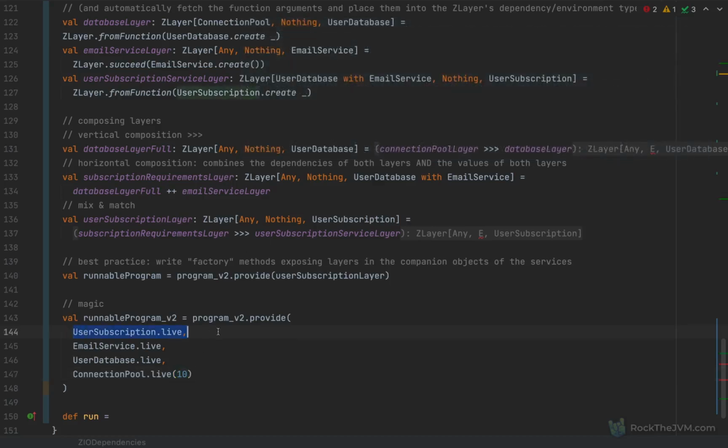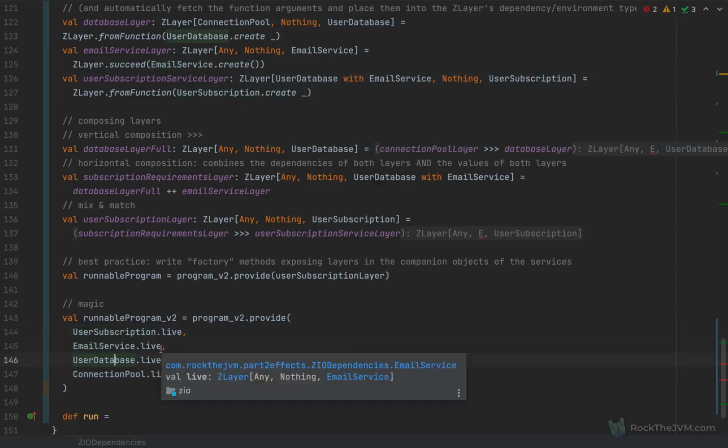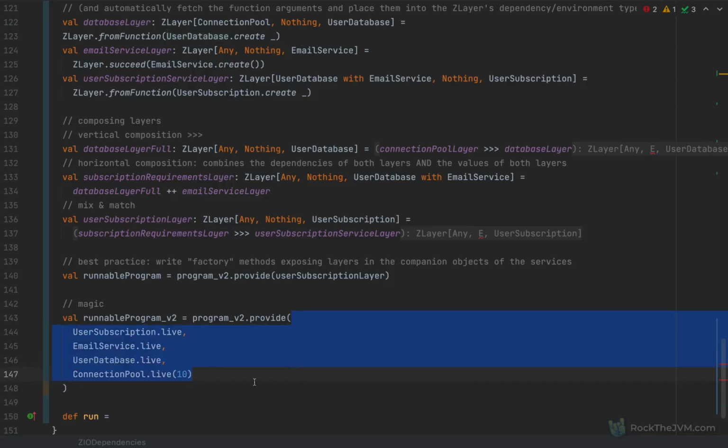And notice that I've simply passed all these layers, and every one of them has different kinds of dependencies. Now, through macros, ZIO will traverse the dependency graph required by the programVersion2 and try to figure out which connections to make between all these layers